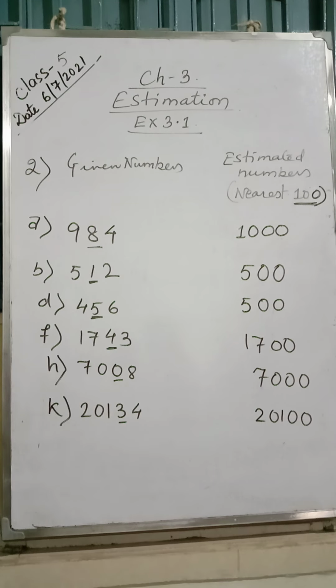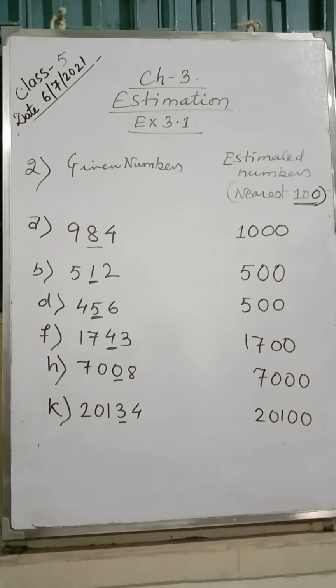In the next sum, question number 3, we have to round the number nearest 1000. So what do we know? If we are rounding the number nearest 1000, we have to see the digit at 100 place. The rule remains as it is. It is not going to change, my dear. 3425. Nearest 1000 I have to round. So we have to see the digit at 100 place, which is less than 5. So this remains 3000.